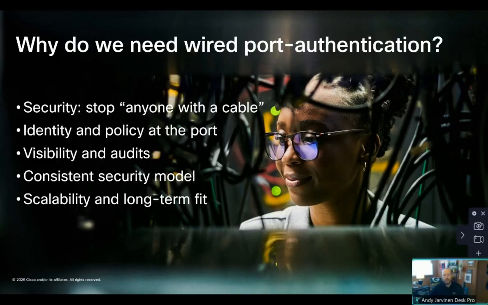The second thing that is of import with .1x is that identity and policy can be applied at the port. .1x allows you to tie this physical port to a user or a device identity, and not just a MAC address. We usually use MAC addresses with port security. That's different from port authentication. And then once we have this identity tied to the port, the identity can drive the policy,